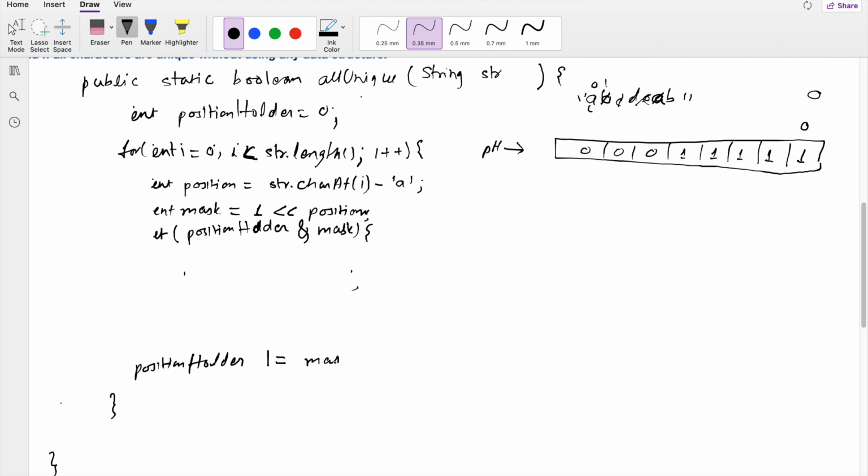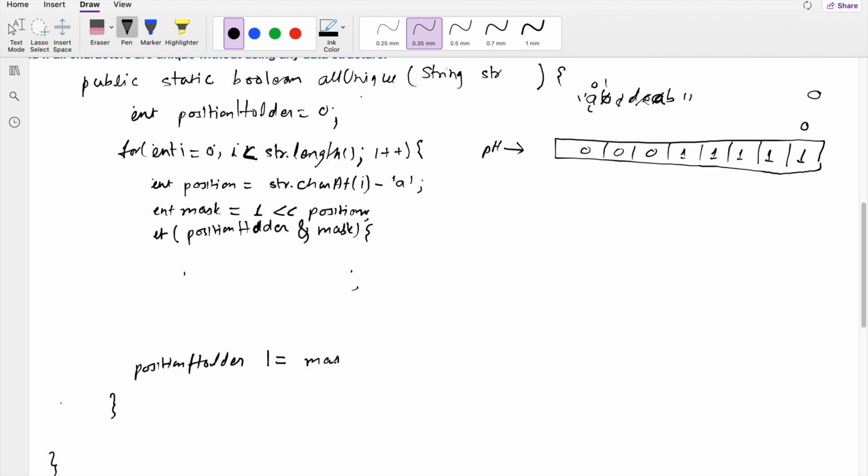So in that case, we'll check. First we'll check. So that's the reason I put this position holder and mask. I'm just checking if this position has already 1 or not. So once we check if it's not there, then we're going to put this. Otherwise, we'll return false. So if position holder and mask, if we end this, and if that value is, okay,